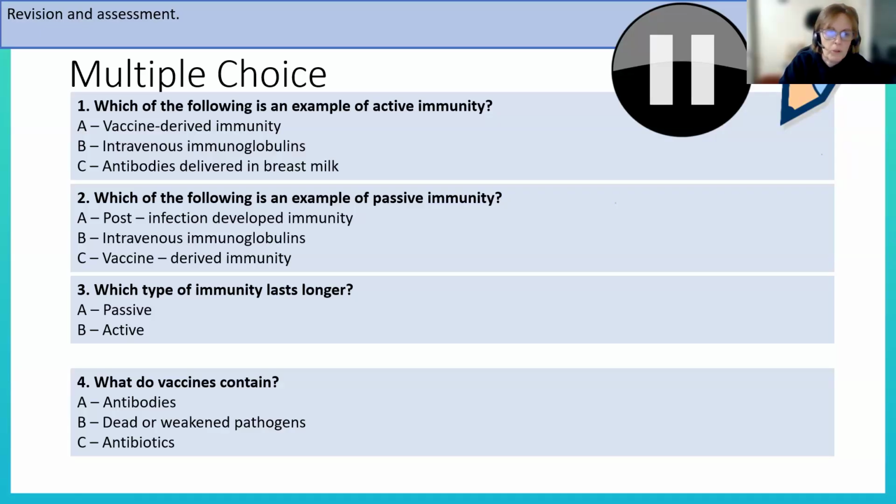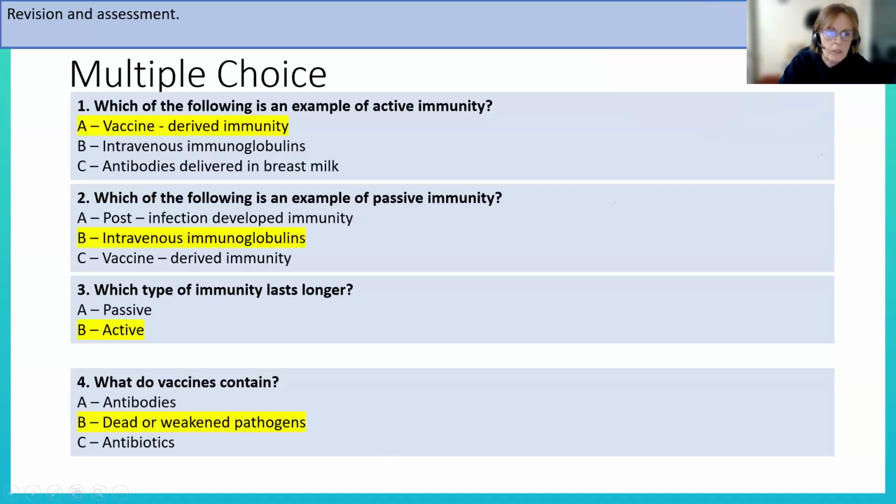Okay, we've got quite a bit of agreement on some of them. So that's a good place to start. So active immunity, it's vaccine derived is the example there because those are where the immune system has produced its own active immunity. The immune system has to produce its own immunity. And which of the following is an example of